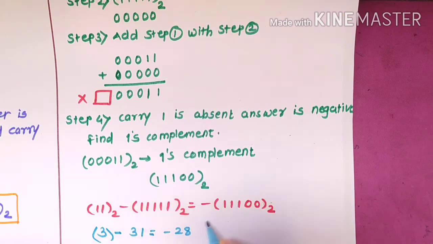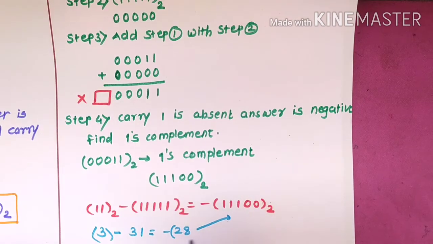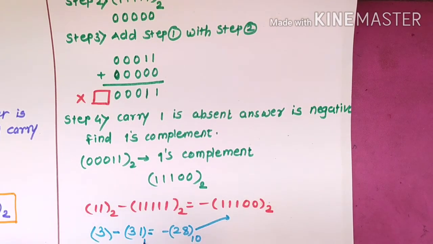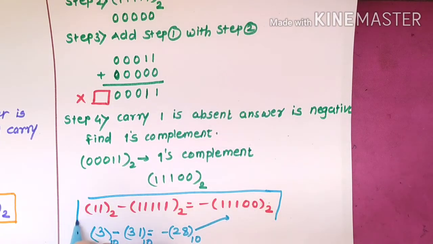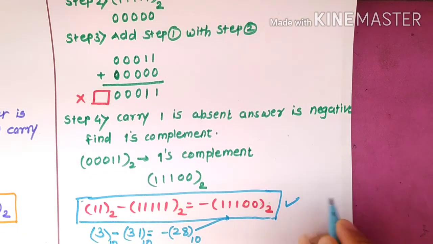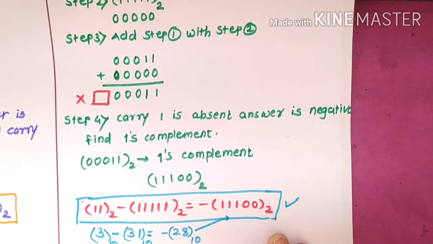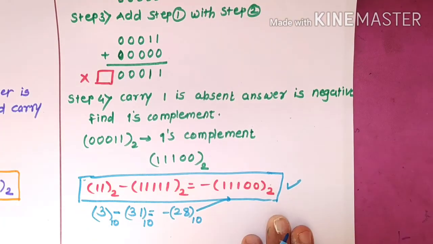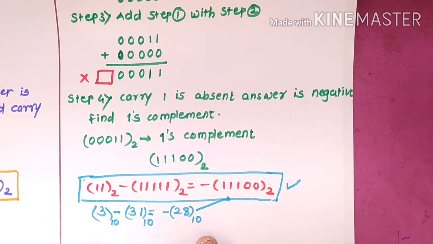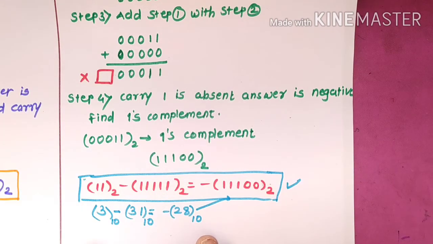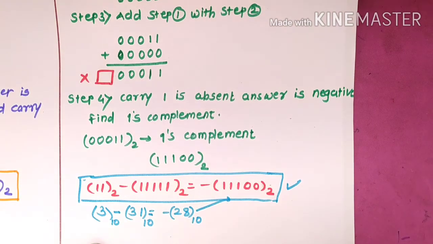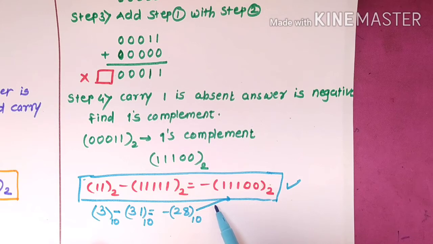So this minus 28 is equal to 11100. Okay, all these numbers are in decimal form and this data is in binary form. So the answer is correct, and you can solve such different types of examples. Either data is 2-bit or 3-bit, both the digits are different bits, so you have to write same digit data and you can cross check the answer by this short method.